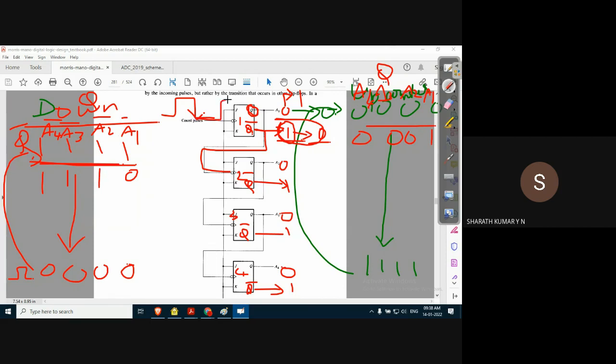Okay, when the next clock pulse is applied, this 1 to 0 transition of the complement output of the first flip flop is applied as a clock input to the next flip flop, and then the next flip flop will toggle. Toggle means A2 will go from 0 to 1, but its complement, A2 dash, will go from 1 to 0. And because of the negative edge of the clock pulse, A1 will go from 0 to 1, and the output is 1101.